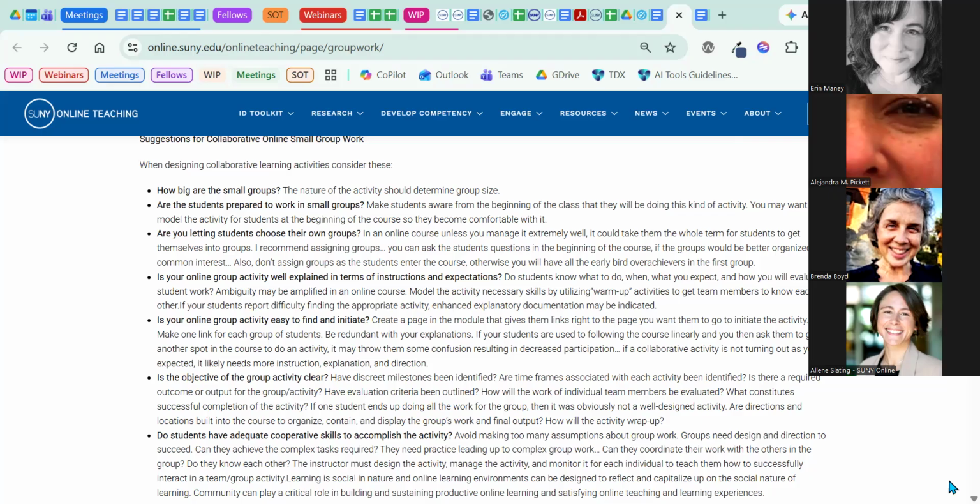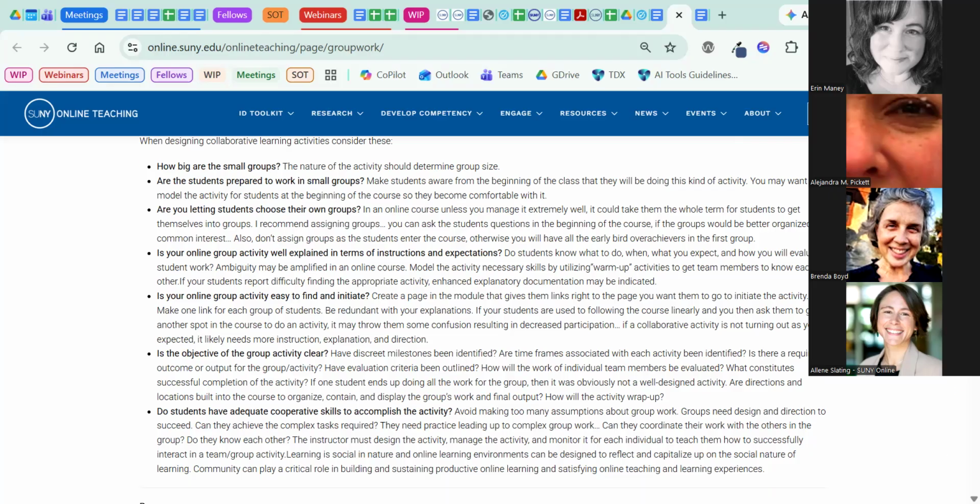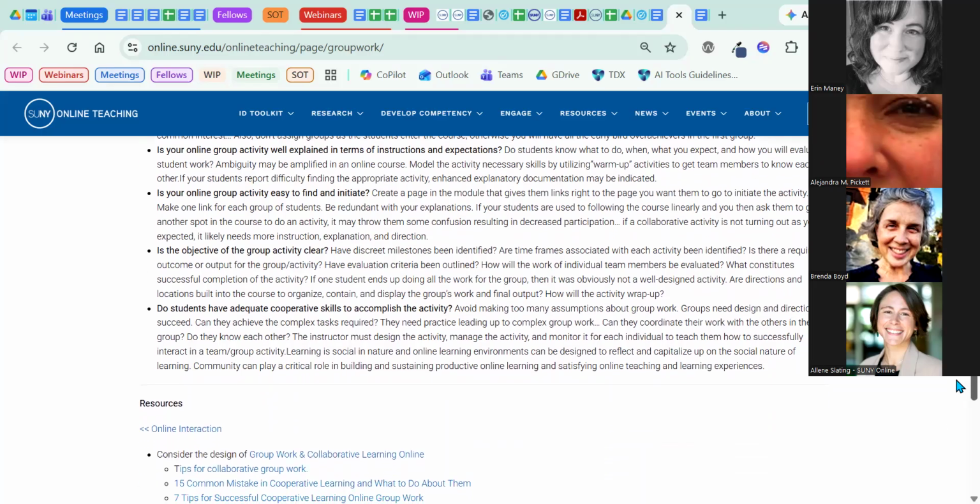And then have they been adequately prepared before engaging in the group work? Were there any lower stakes activities to scaffold them into the skills they're going to need in order to pull off a group project or some kind of group work?